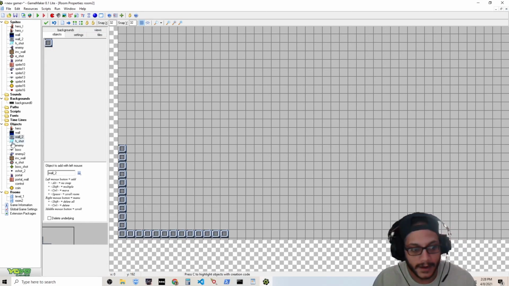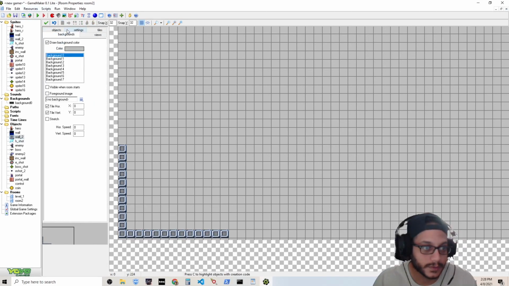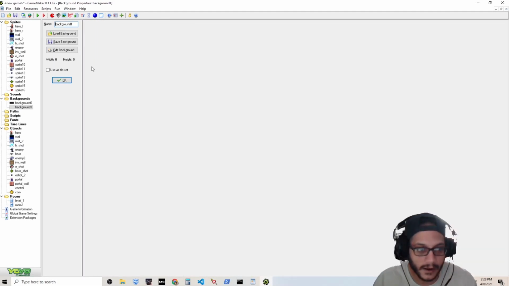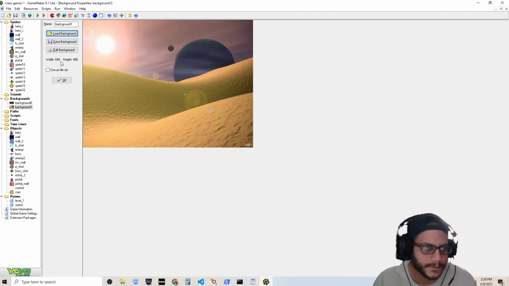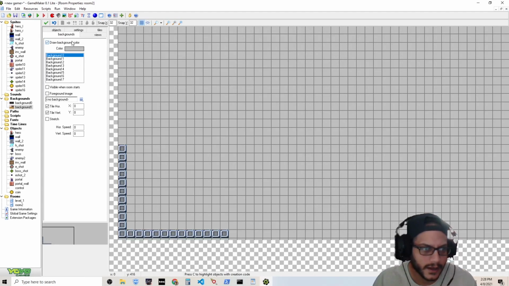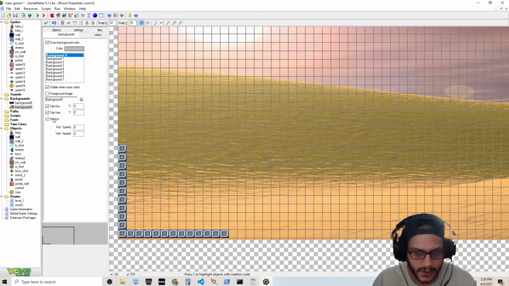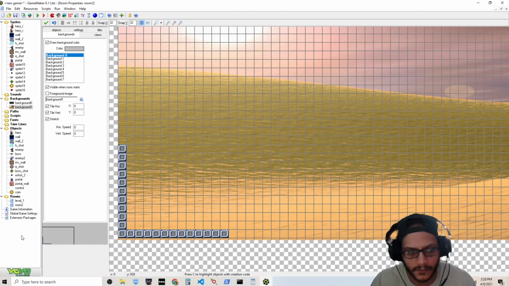Okay, we can add new backgrounds. So let's put a new background in. Click on background, load background. We'll pick this one, and we'll say OK, and then we'll put that in. Again, we want it stretched. So again, this is a different level, and basically what you can start doing is duplicating enemies and making different